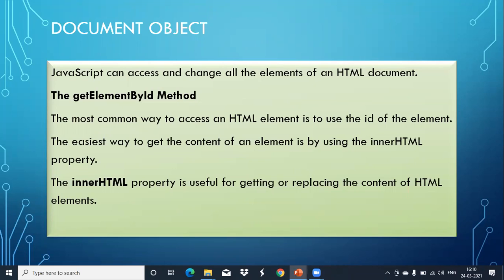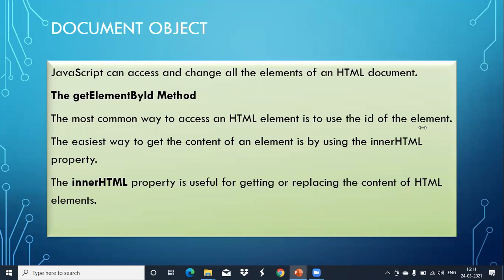So what is the usage? The common way to access an HTML element is to use the ID of the element. So you are defining one ID attribute for your HTML elements. Like a paragraph, we are giving ID attribute equal to a name. You remember that while creating forms, we gave a name for your text boxes. So to identify that particular text box, we named it.